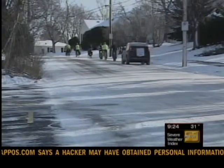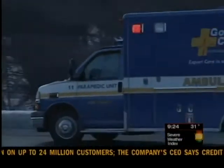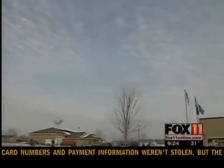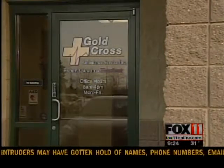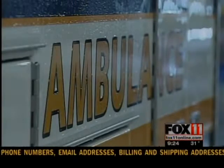The number of emergency situations in Grand Chute hasn't necessarily gone up, but more people in the community are likely crossing paths with an ambulance. Oh, we're always on the move. For the past week, Gold Cross, which provides ambulance service throughout Outagamie, Winnebago, and Calumet counties, has had a 24-hour roving ambulance to get a head start on an emergency. And we're putting them in design locations throughout Grand Chute where the likelihood of another call or the probability of